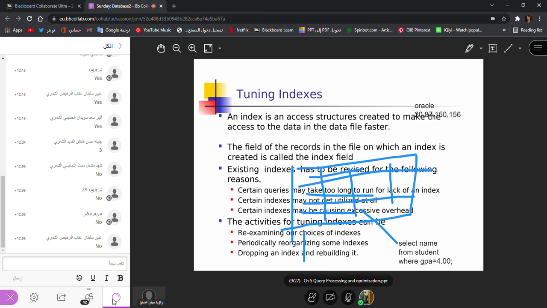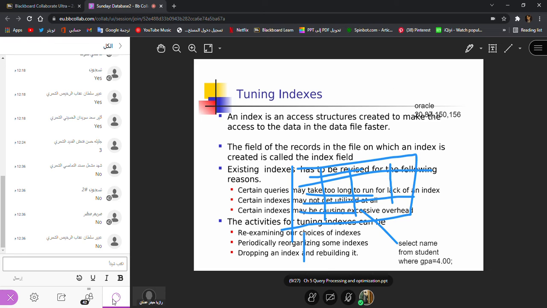So is it a good way of answering the query? What will happen? Your query will take more time, so the response time will increase. And if the response time increases, that means your DB is not performing well. Yes, this is the problem. At the start, like I said, the response time should be as low as possible. So we want to avoid that.